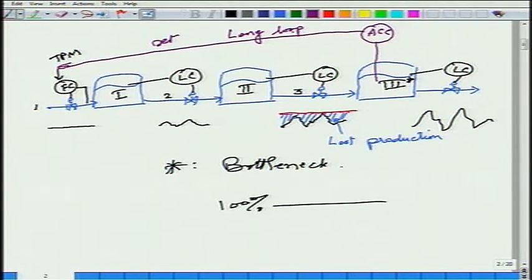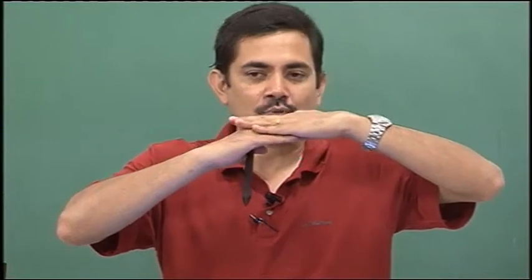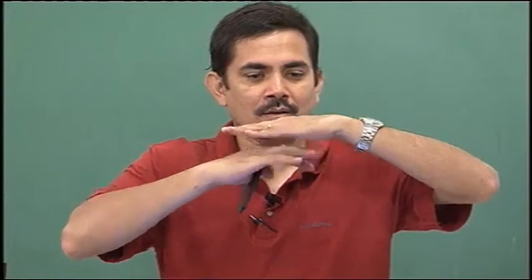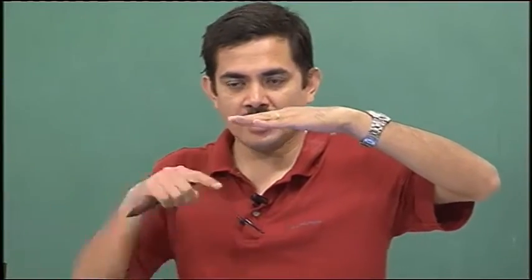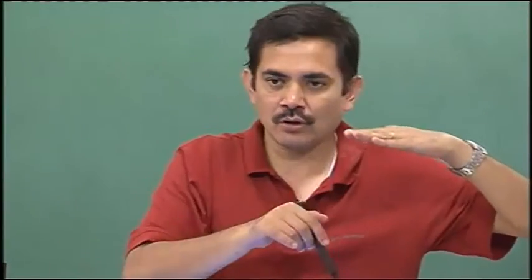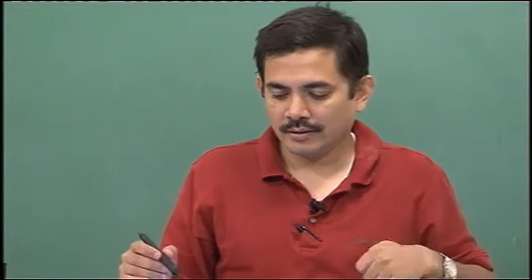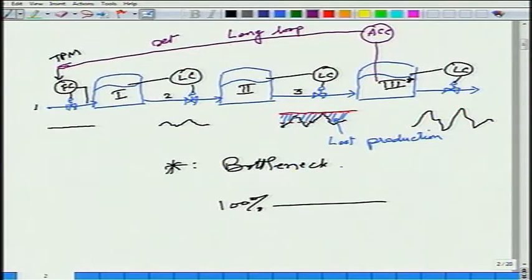Because of this long loop is why I am getting so much lost production, because I am not able to control the feed to the bottleneck unit tightly. I would like that control to be as tight as possible so that I can operate as close as possible to my 100%, to my capacity limit. Yeah, but because the feed varies a lot, I can't control it tightly because my loop is a long loop. I have to operate on average at this level. My average production is this, whatever, this purple line, and this is actually back off.